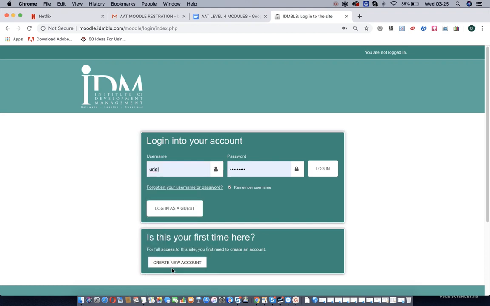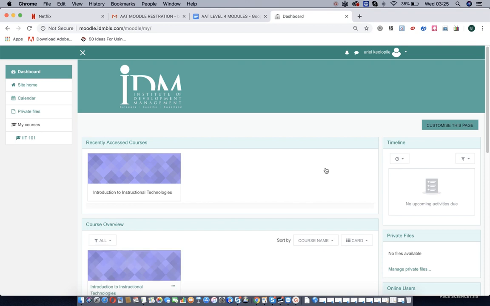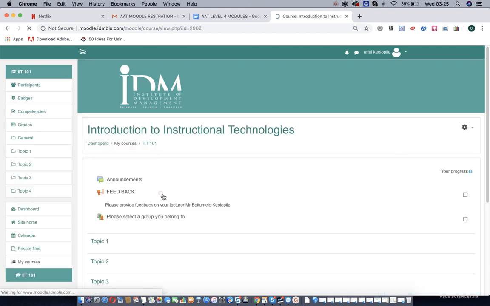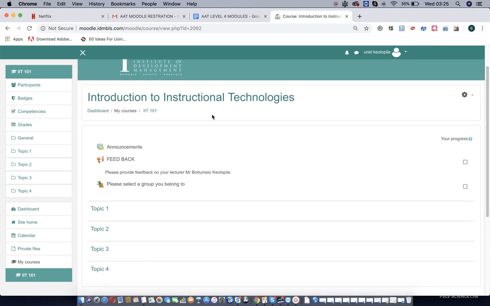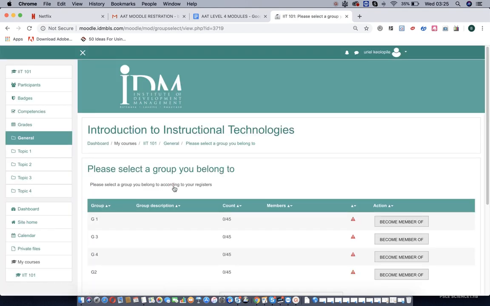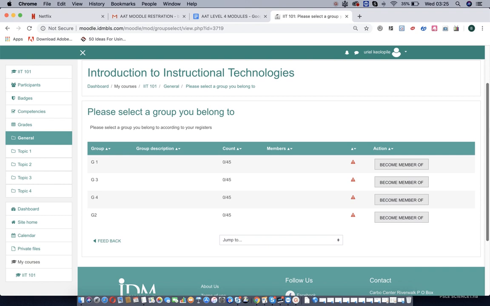And then they log in. This is now on the side of the student. The student will just log in, and then when they come into their system, they will see this message. Please select the group you belong to. They will click it. Once they click it, you can see now the student has the ability to join any